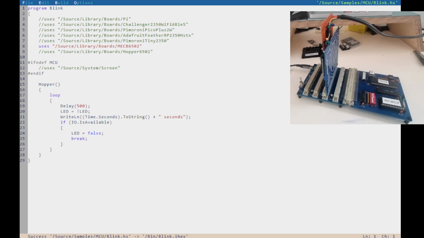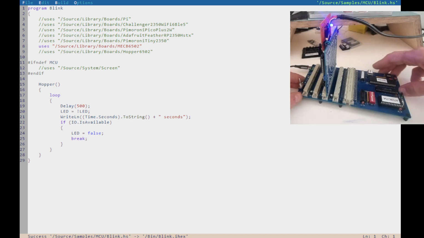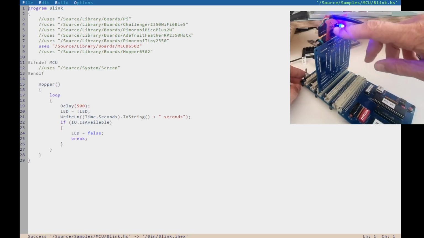But what happens if I hit the reset button on the board? Wait a little bit, and then the light starts blinking again. So that means, independent of my debugging environment or loading it, the most recently uploaded program is still on the board and it'll run. I can do the same thing if I power cycle. If I turn the power off and then power it up again, wait a little bit and it starts blinking again. So this means the user's program is being stored on the board, and it's being stored in this